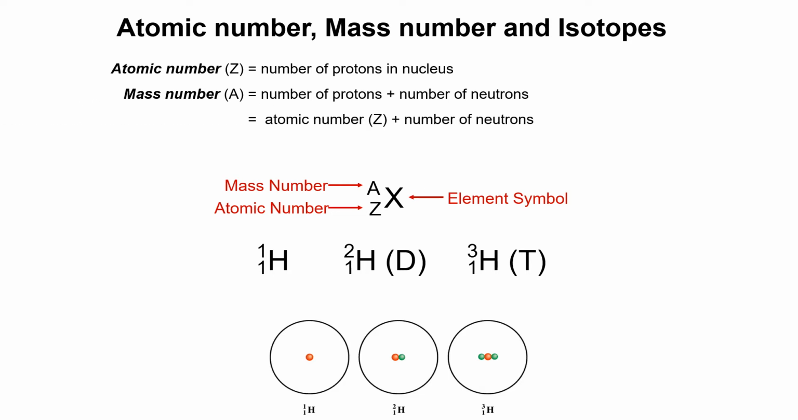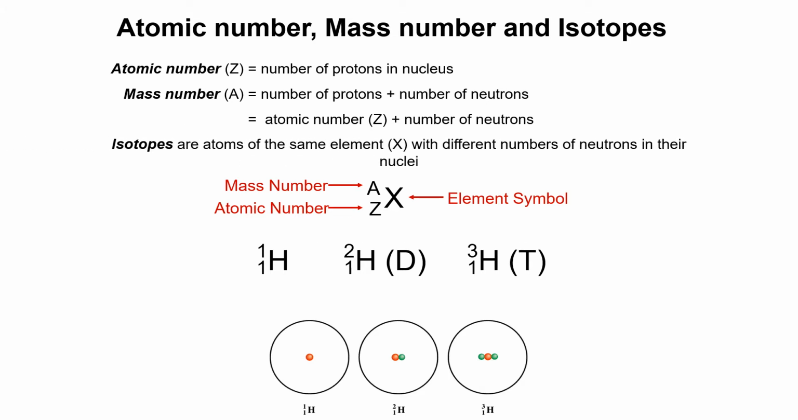We can use that mass number and the atomic number to determine the number of neutrons if we're asked to do so. Okay? So here we're looking at a generic